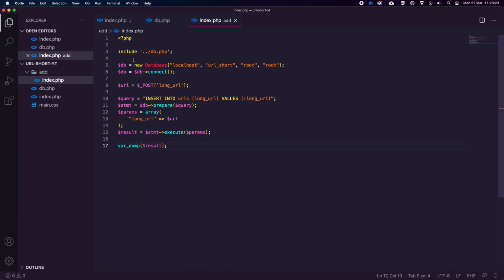So all we're doing here is adding this new URL into our database. We're going to insert it, but we're going to use a dummy or binding parameter, and then prepare it with PDO. Then we're going to pass the params through to the execute function, which will run and use these params to fill in the areas like long URL here. And there we go. Then we're just going to dump everything on screen so we can actually see what's